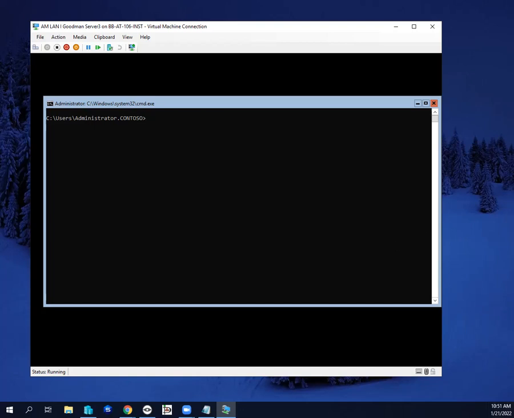Let's take a break. So it's saying press Control-Alt-Delete to unlock, but when I do that, it